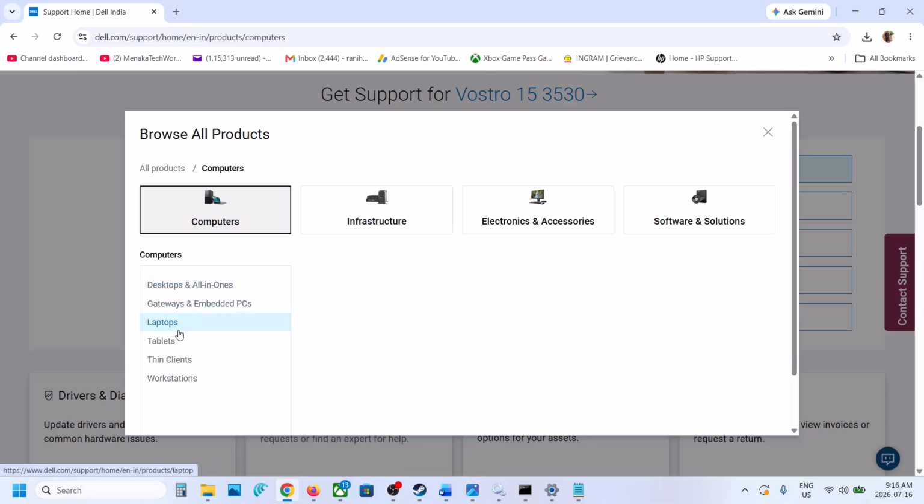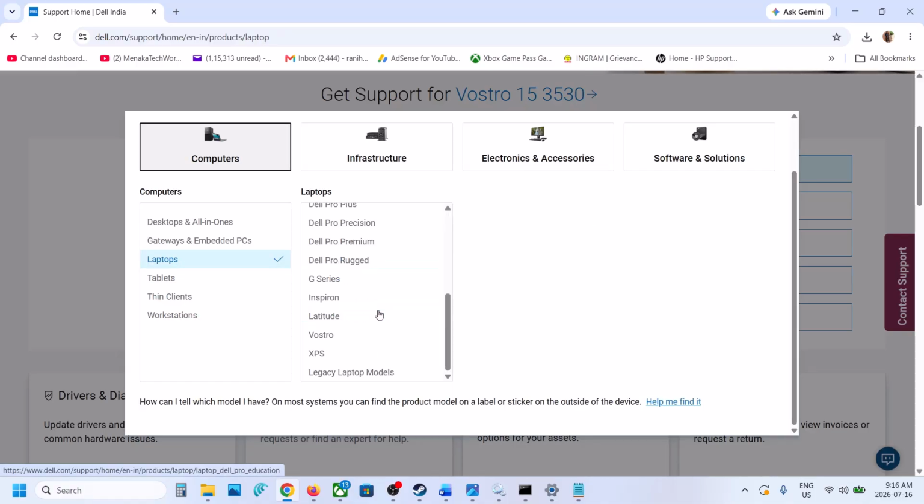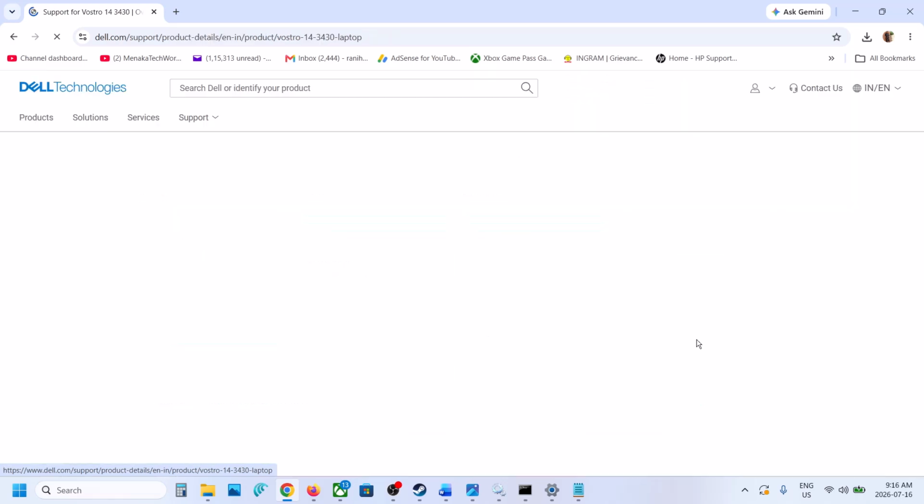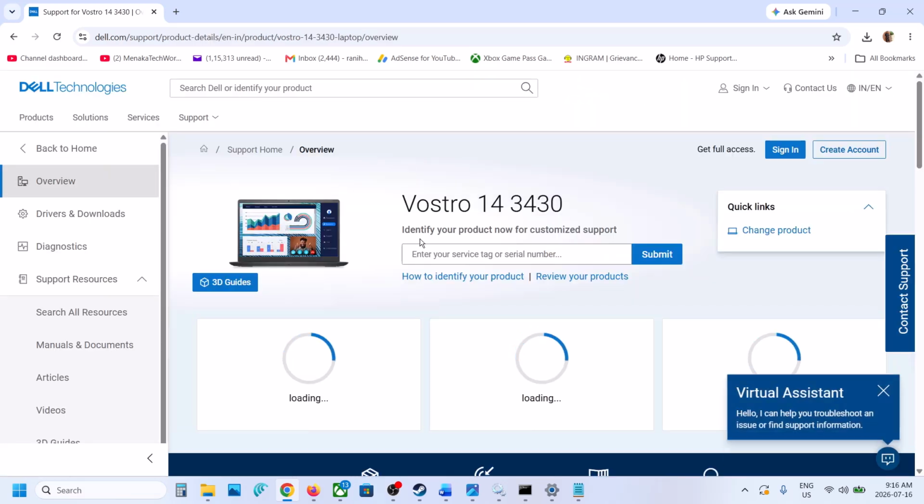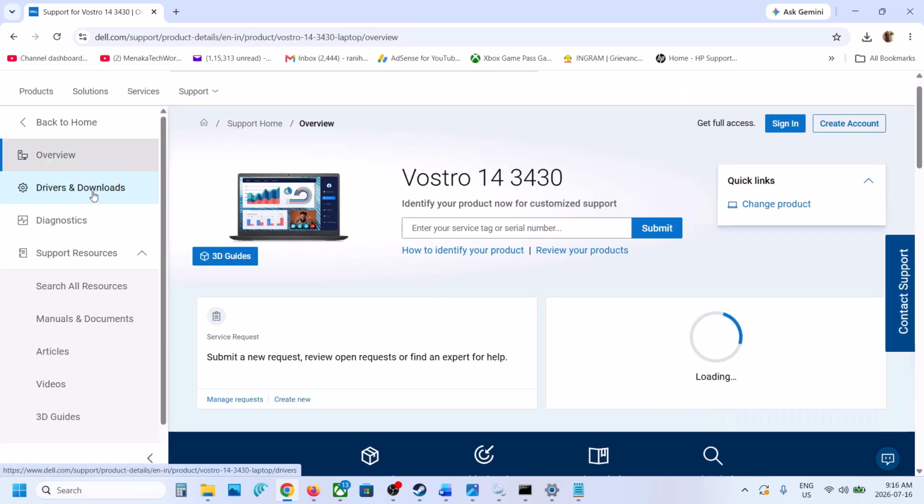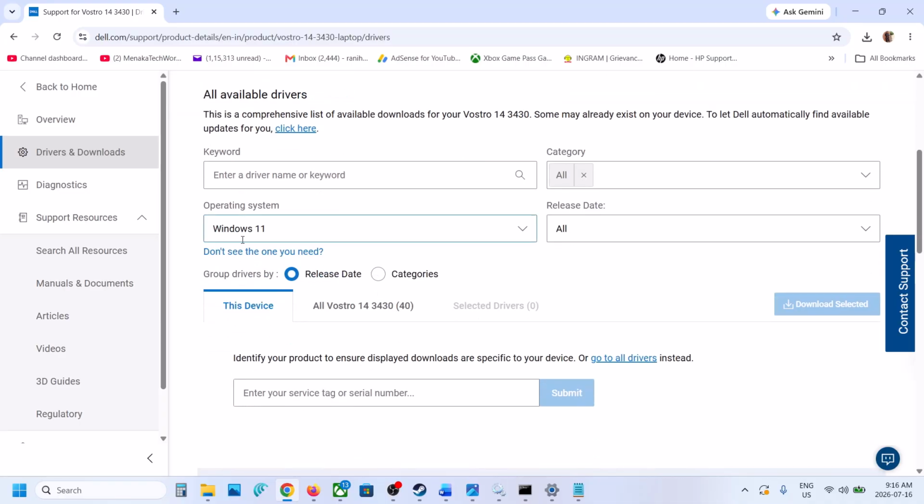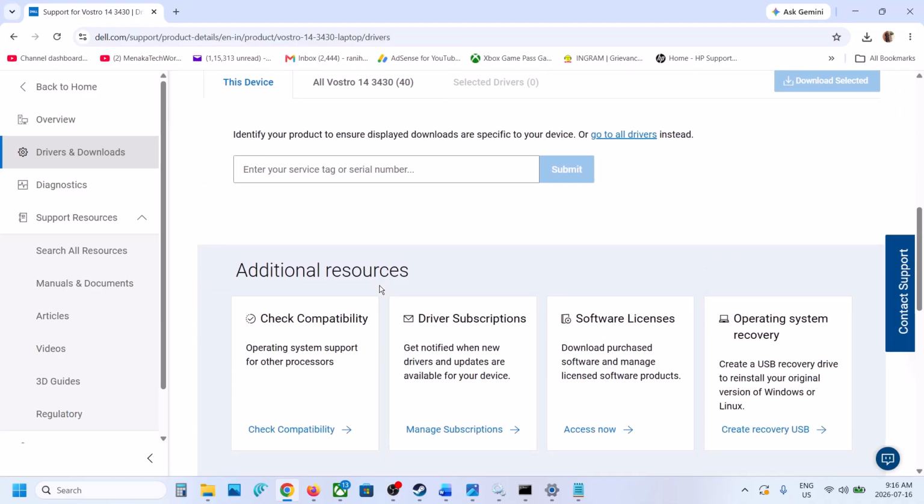This is just an example. So whichever brand you have, you select your computer and your series. And once you select it, now you can go to the drivers and download page. And then select your operating system. Make sure that you select the right operating system, and then you can click on